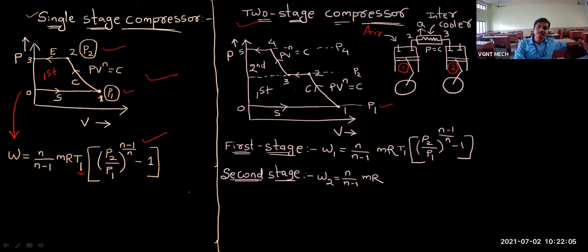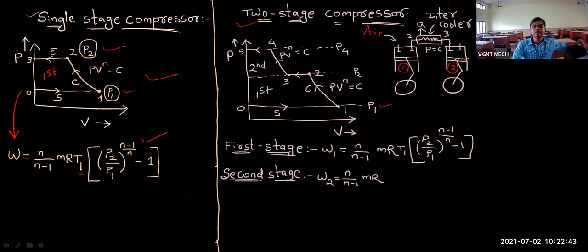After that, what will happen? Directly, we are not supplying this compressed air to the second cylinder, because when we compress this air, its pressure as well as temperature both will increase. And yesterday I told you it is difficult to compress hot gases as compared to cold gas. It is difficult to compress hot gas and easy to compress cold gas. So in cylinder 1, when we compress the air, its pressure and temperature obviously increase. So now our aim is to decrease the temperature of this exhaust gas at constant pressure.